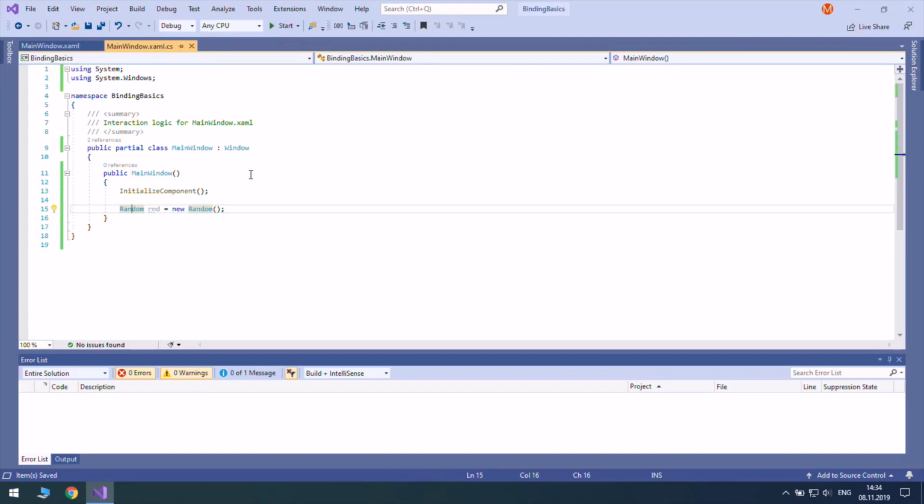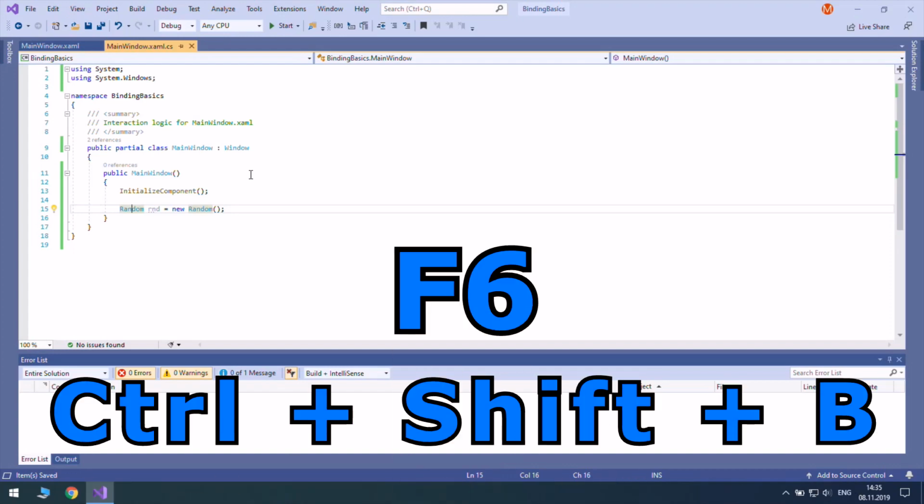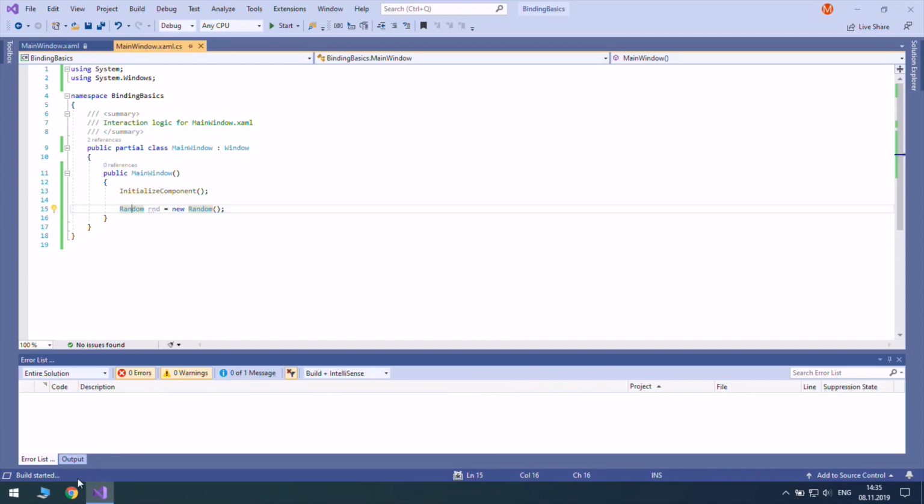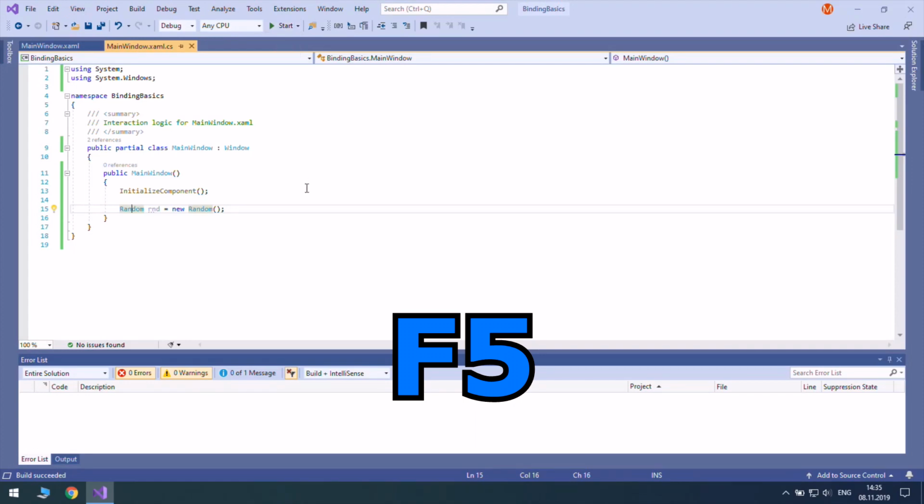So the next one is a common build hotkey. So either press F6 or hold Control, Shift and press B. And the build has started, as you see. So we have built it, and in order to run it, we can every time press this button, but actually we can just press F5.